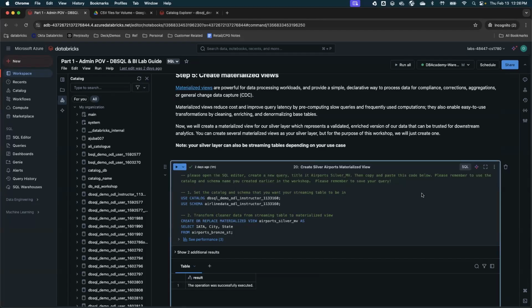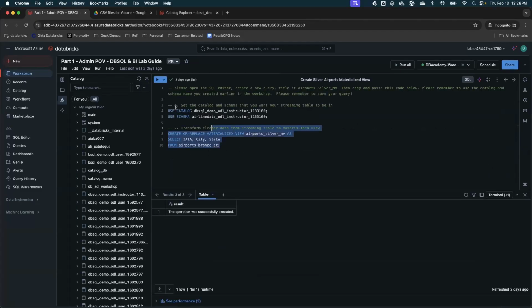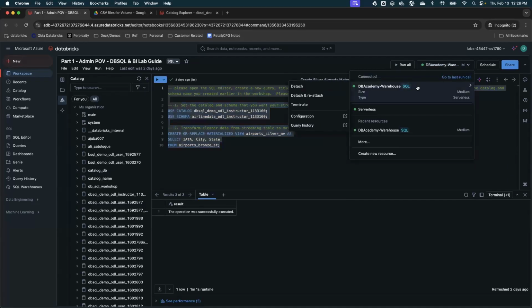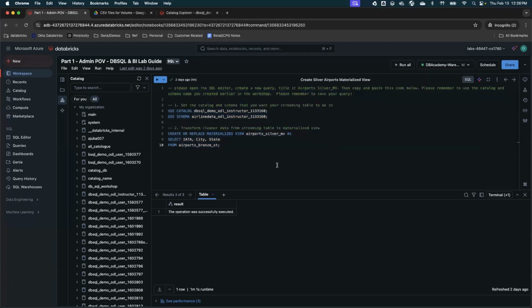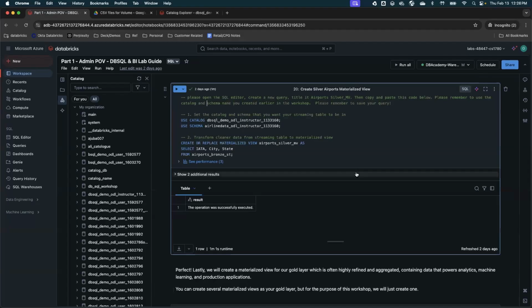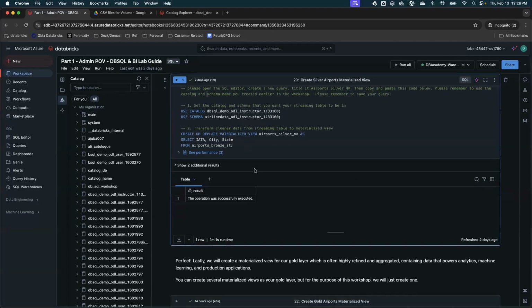There are too many transitions when you go from notebook to SQL editor, right? To avoid that, what you can do is click on this open focus mode icon. Once you click on that, it will open your query in the SQL editor. You run this query. While you do that, select the warehouse which is available, which is the DB Academy warehouse, and then run the query. Once you are done running the query, again hit the same button, exit the focus mode, and you should be able to get back to the notebook from which you came, right?